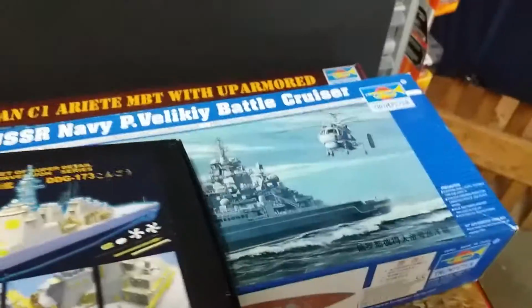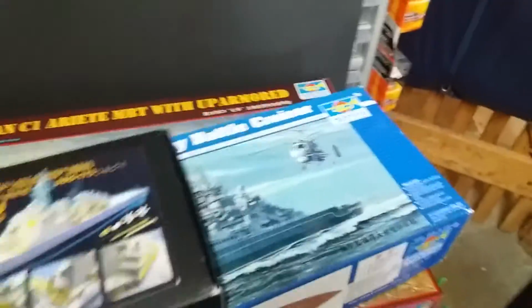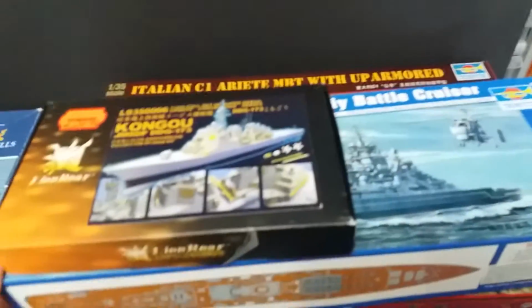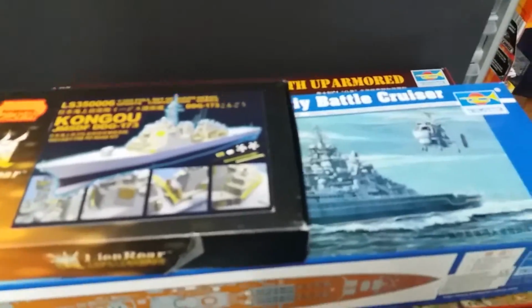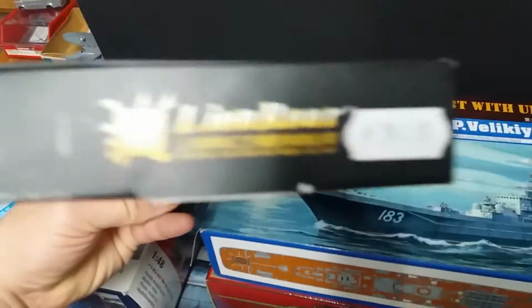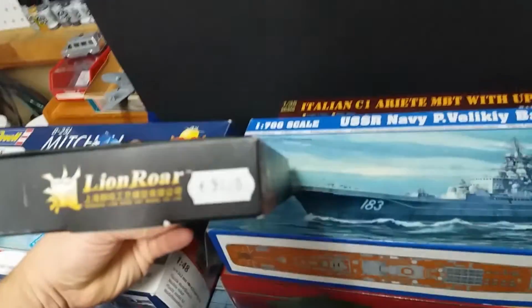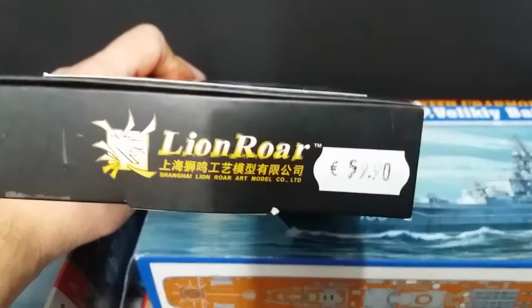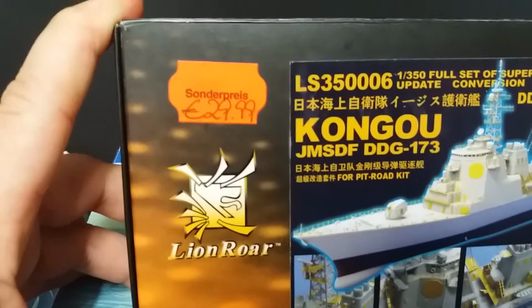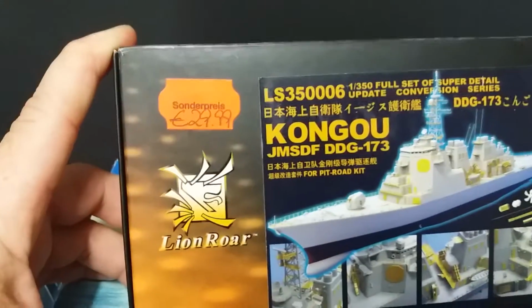Furthermore, these kits you don't find at a regular toy store. So these must have been from the owner of the store. I guess he had a lot of kits like what you normally find in hobby shops or online. So yeah, this was originally like €60, 59.90. There you go. And then it was reduced already to €30,